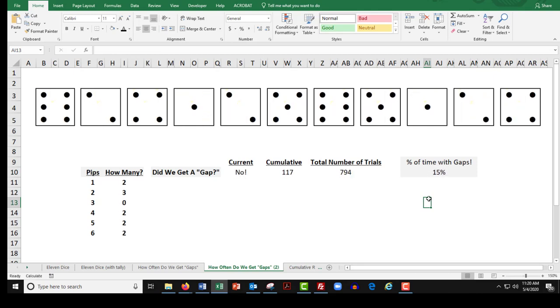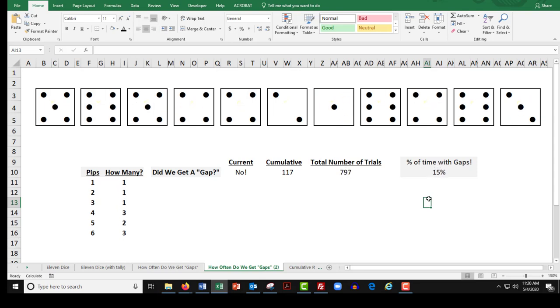So you can see I just pressed it about 8 or 9 more times. There's 10 times, there's 11 times, there's 12 times. I'm getting lots of runs without gaps. As a matter of fact, quote unquote, more than I quote unquote should, because it happens 15% of the time. But here's the real big takeaway about this number, 15%.